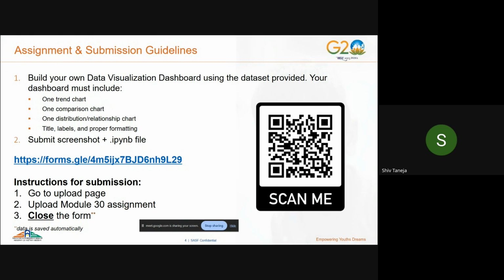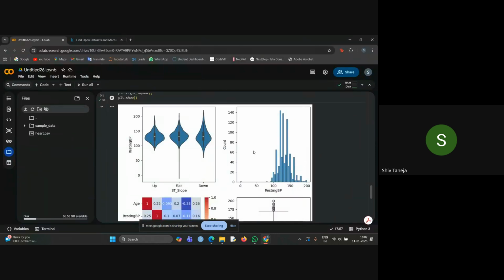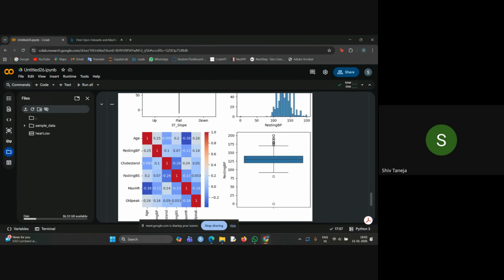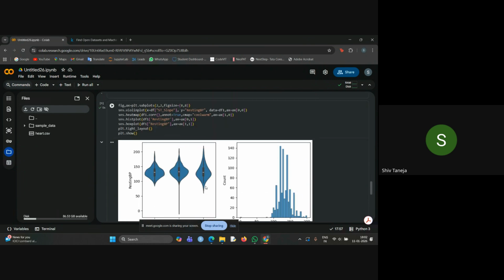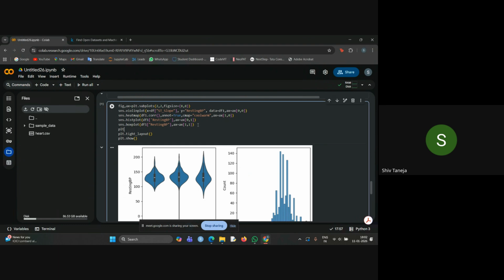So these are the three, and titles, labels, and proper formatting should be there. For example, you have X and Y labels for all the visualization types. And if you want, you can also give it a title here, like plt dot title,